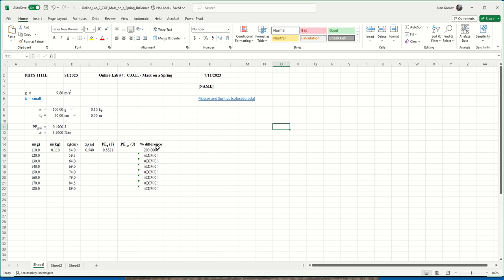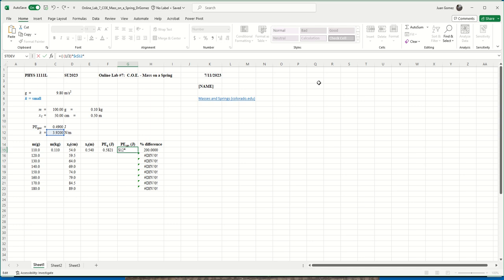Now notice the percent difference, I already typed in the formula for percent difference because that's very trivial. Now what about the spring potential energy? Well, remember that's 1/2 K XF squared. So we have to type in the formula. So equals, then left parenthesis, then another parenthesis, 1 divided by 2, that's my 1/2. Then times. Now my K value, K is in cell C12, so $C, $12, okay, because K is not going anywhere. Then times, well remember XF is the E column, E15, but it's XF squared, so it's